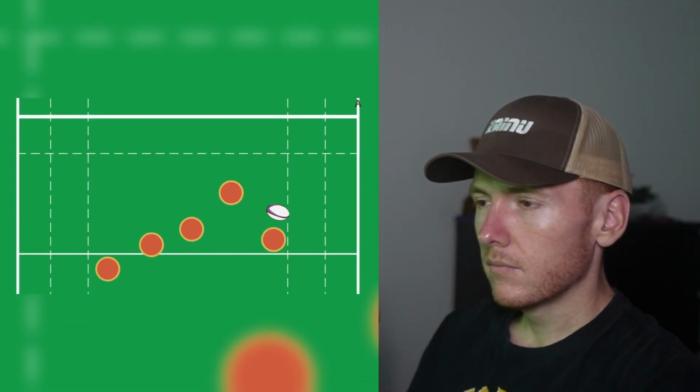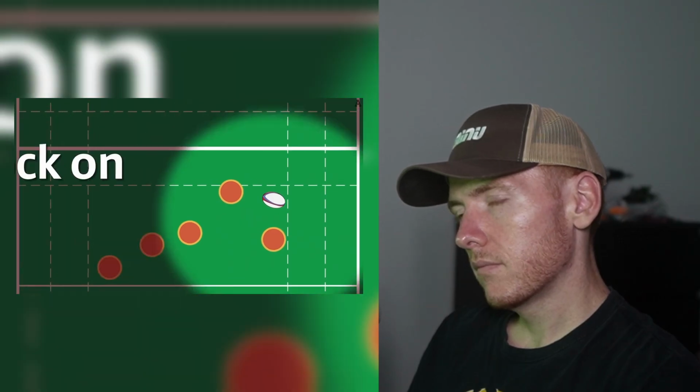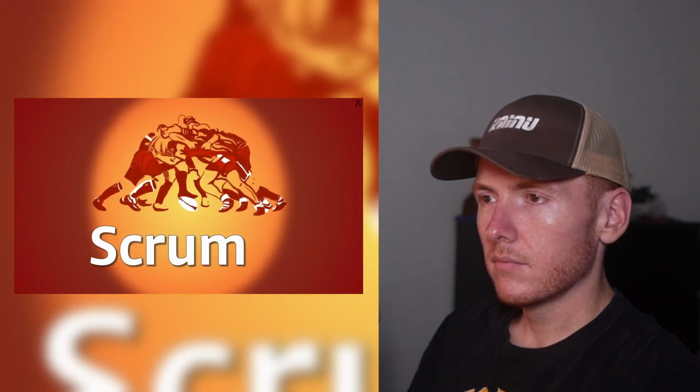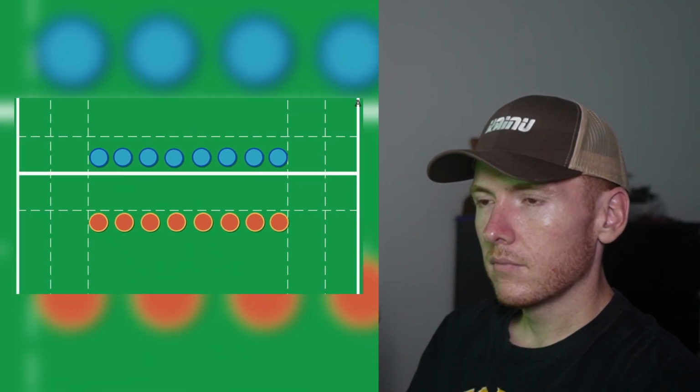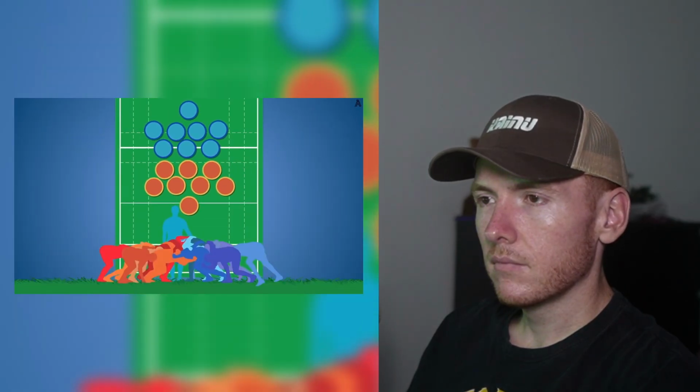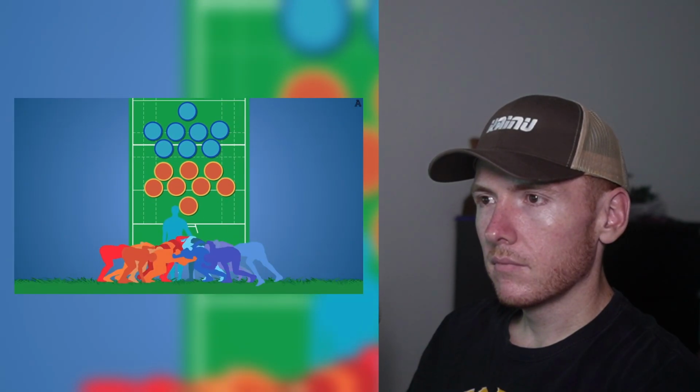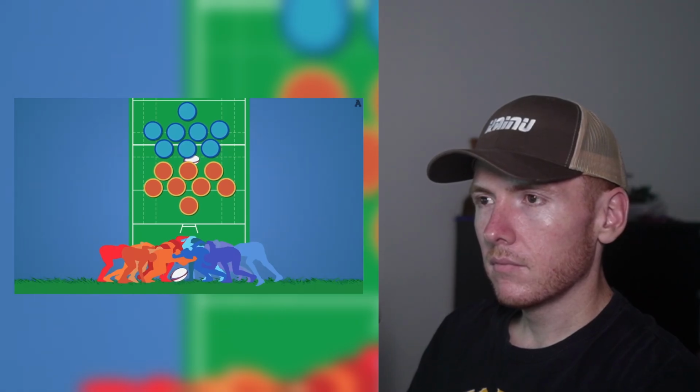If the player receiving the pass drops the ball forwards, then this is considered a knock-on, and the punishment for that is a scrum. A scrum is where the 8 forwards for each team, who tend to be the bigger, stockier players, line up against each other in a 3-4-1 formation. The ball is thrown into the tunnel between the 2 front rows by the team who've been awarded the scrum,